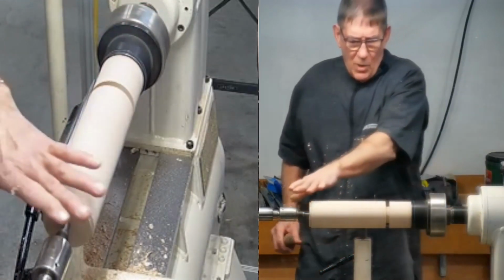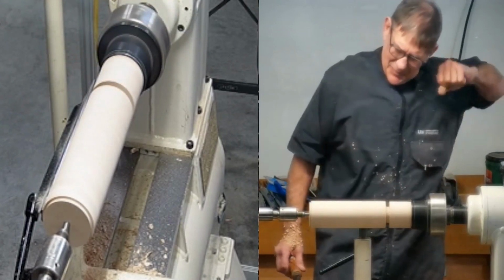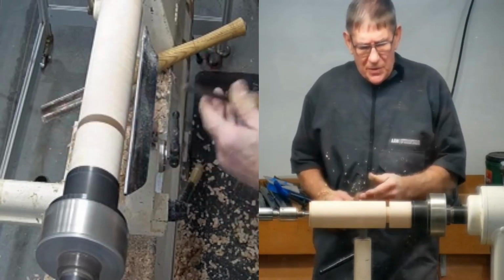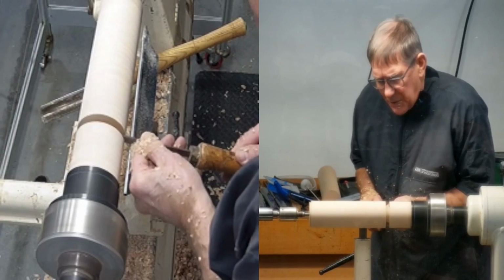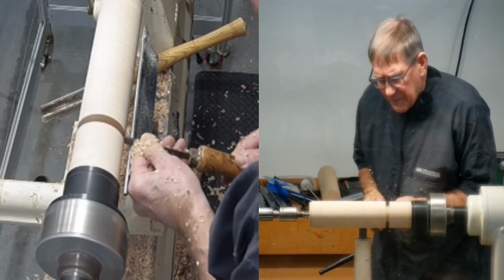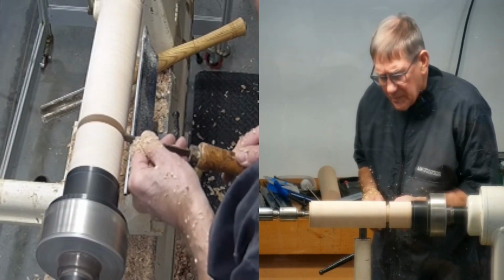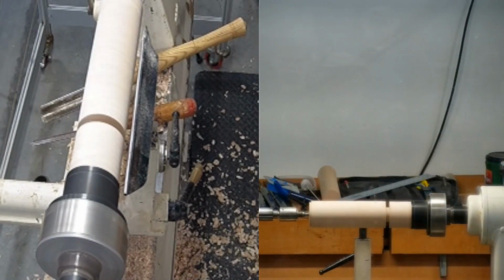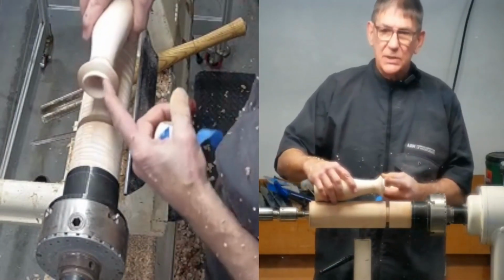We're drilling a 1/16 inch hole through the whole thing. I need to have this smaller than that. I mean, same size, but I don't want to go too thin. So what I'm creating right now is this rim